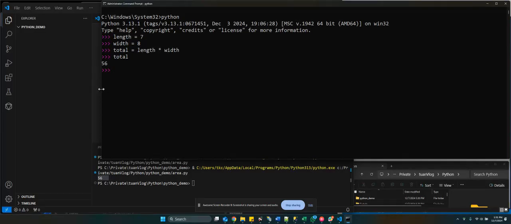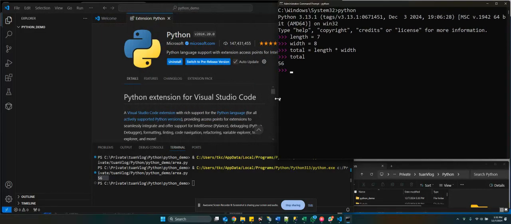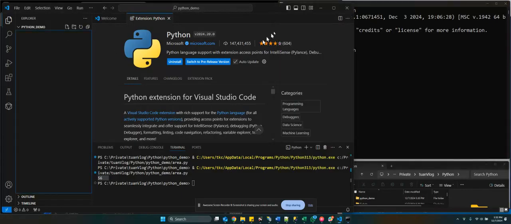So in a practical scenario, we won't be using the shell. Instead, we should have the code in a file, right? So we'll see how we can do this in VS Code. VS Code is a common platform. To make it Python friendly, ready for Python, what we need to do